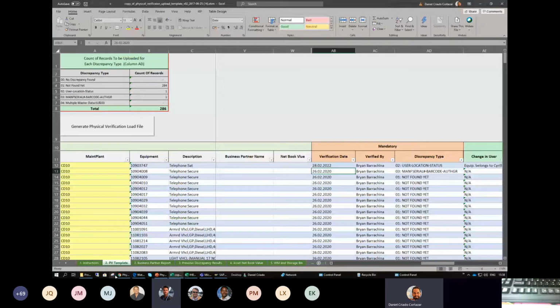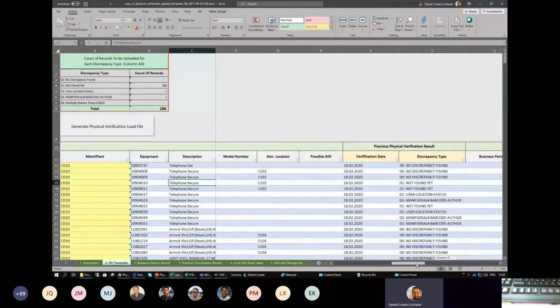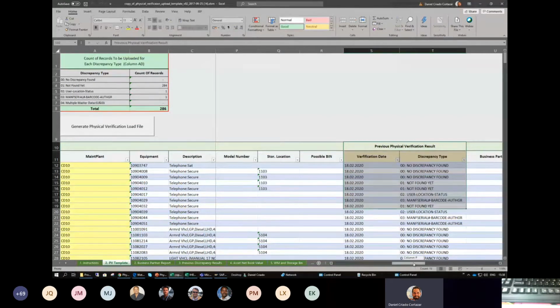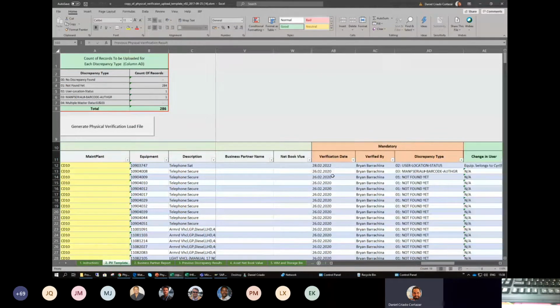And remember, guys, that we are now working on the second sheet, which is the PV template. This sheet has information on the list of equipment, the last result of the last physical verification activity taken, and then you will have several columns related to the new physical verification activity, which are mandatory: the dates, verified by, and discrepancy type. And once you have gone through all the different list of equipment,